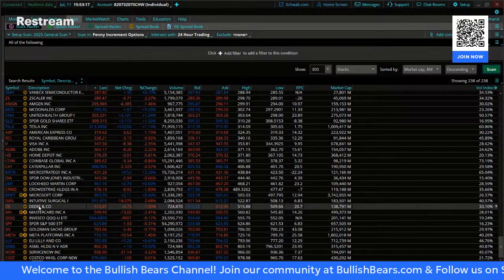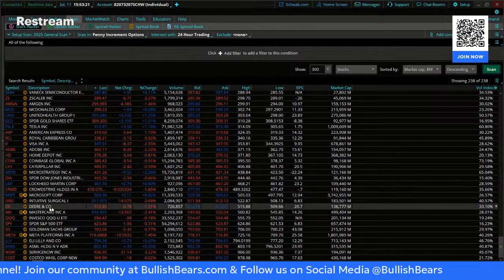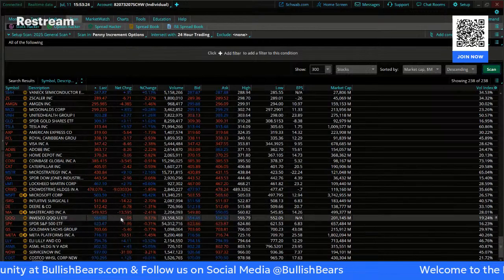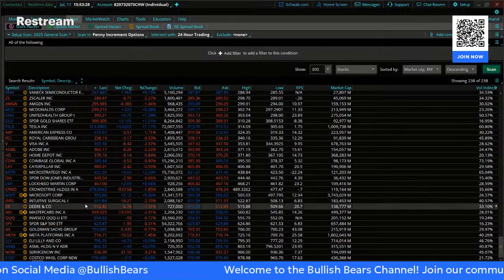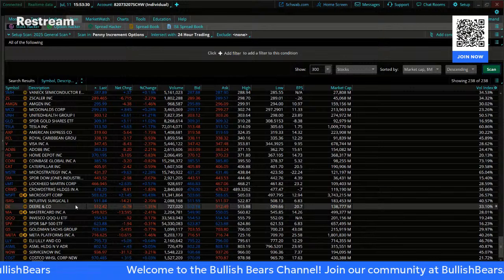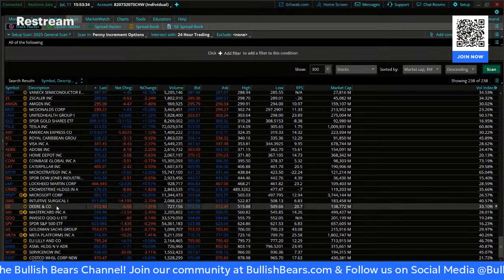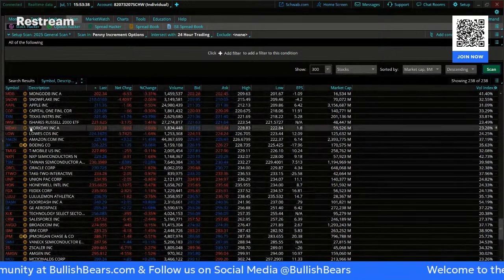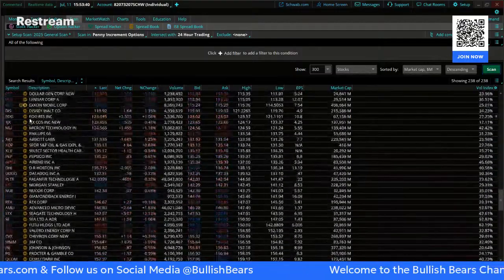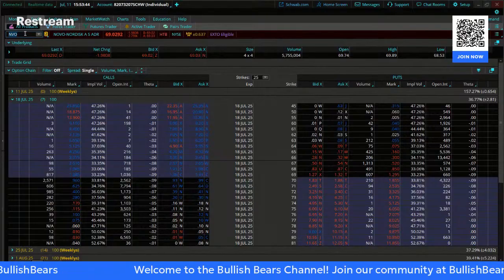Turn it into an actual watch list and eliminate names from the list that you don't want. I see John Deere on here. I guarantee you I don't want to trade John Deere. So if I turned this into a watch list, that would be one of the first names I would take off the board. It has horrible options. It is a disgusting stock, crazy expensive, really poor. I don't want anything to do with it. I'd rather trade Caterpillar, which, to be fair, doesn't have much better options. But I don't know. I like Caterpillar better than I like John Deere.